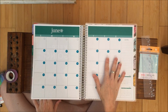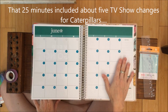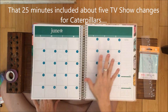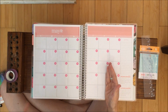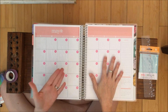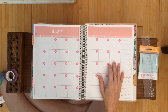I will say that it took me about 25 minutes to put all of these date dot stickers on. And some of them are a little crooked, which would bother me if I look at them, but I'm not going to look at them very long. So give yourself time to put the date dot stickers on. That is not a quick thing. However, it is really nice. I was a little frustrated last year